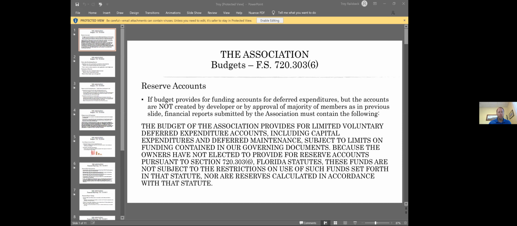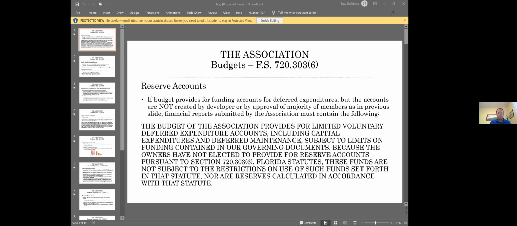Okay. So if you have established reserves, many of you are newer board members, or you're coming back to the board, and the thought process is, hey, we want to discontinue funding reserves, you can do that with a membership vote.